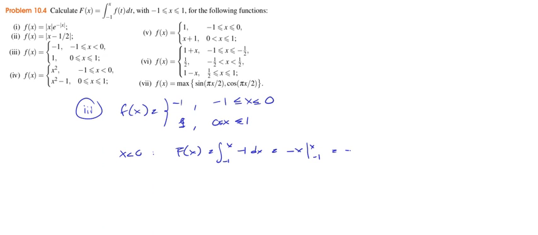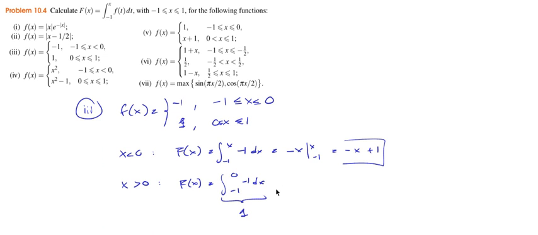This is minus x plus 1, right? And then if x is greater than 0, this is the primitive of minus 1 between minus 1 and 0, which is 1,